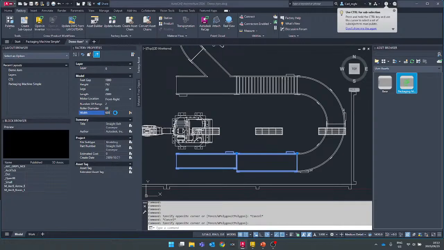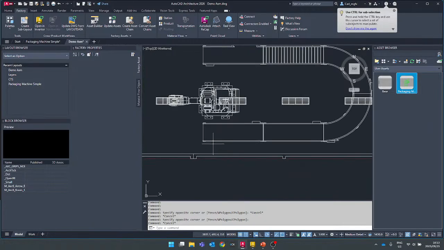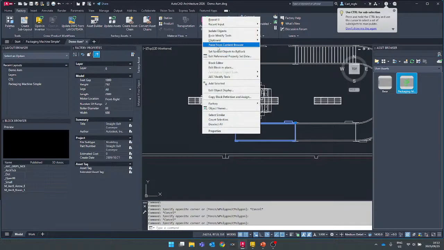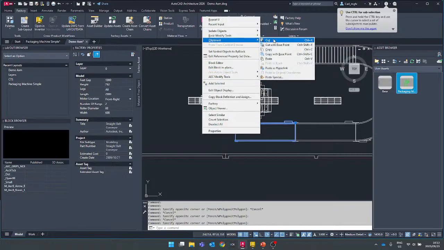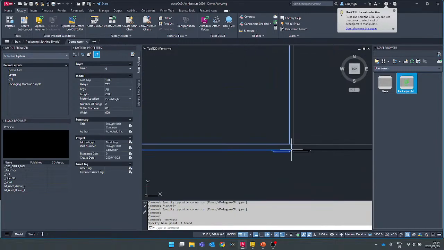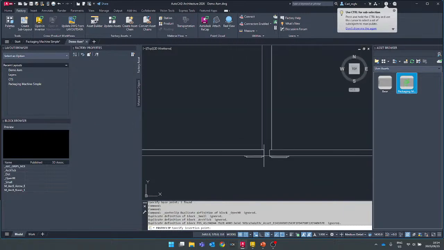So I typed in 600 there for the width and enter, and it'll update both of those to that size. Now, if I do need an extra conveyor, we could easily grab this and use standard options. So we can go clipboard, we can do a copy with base point or just a standard copy and paste. I'm going to go ahead here, copy with base point. So I can grab a base point on the right hand side, and then I'm just going to use Control V to paste, and I can go